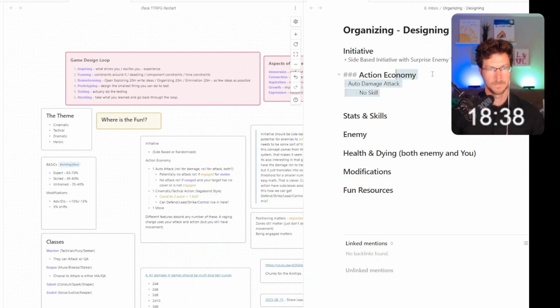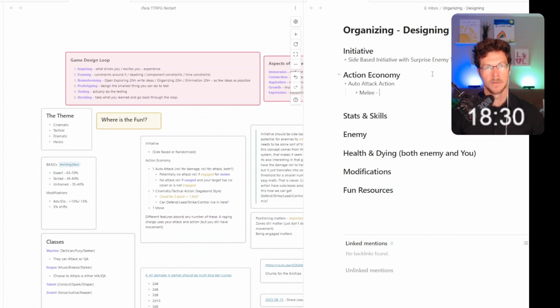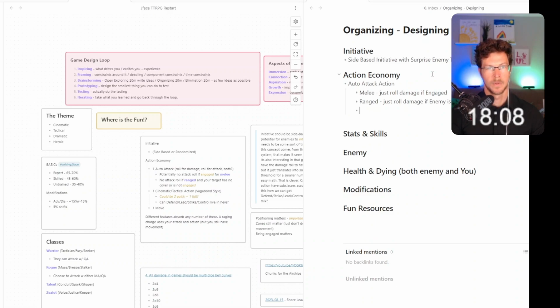Let's say this. Auto attack action. Melee, just roll damage if engaged. Ranged, just roll damage if enemy is not engaged with ally or lacks cover. Otherwise performs skill check. Okay, cool.